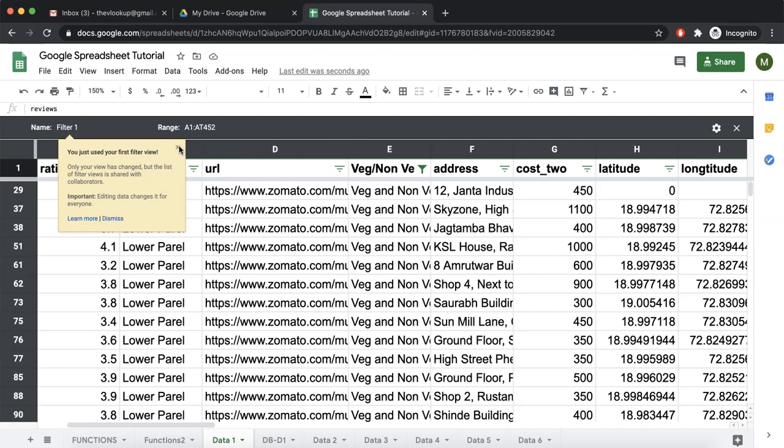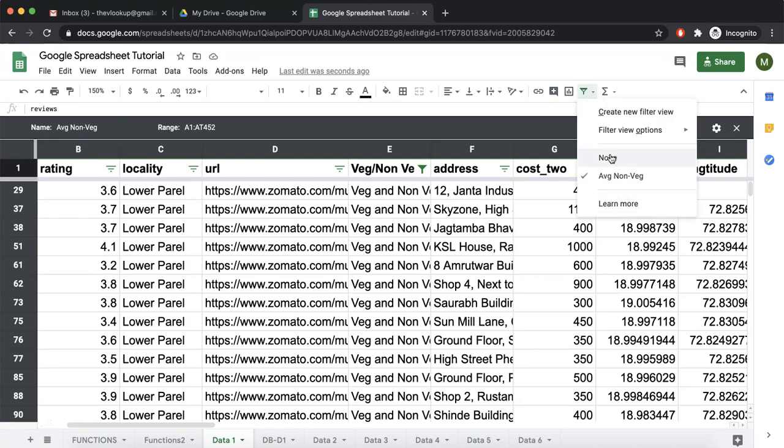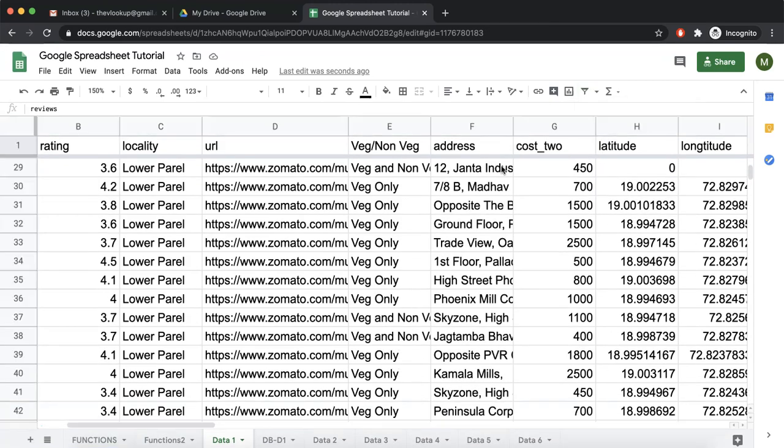Another good thing about this is we can come here and name this filter as, let's say, average non-veg, because the reviews are less than 100 and these are all non-veg. So I named this as average non-veg filter. Now you go back and click none. So the filter view is removed.